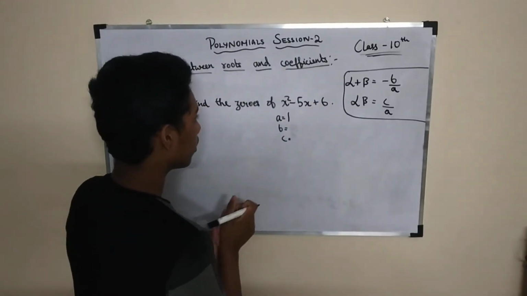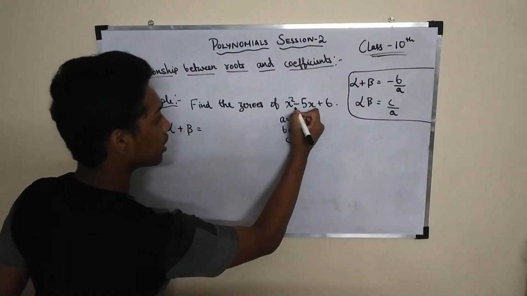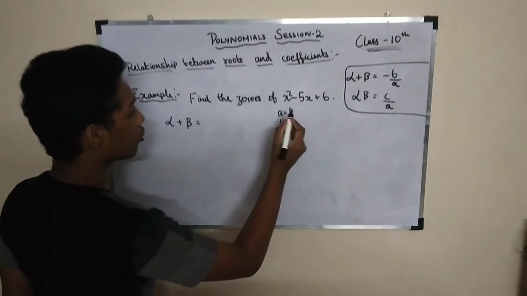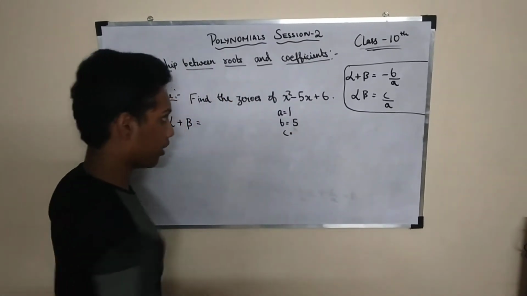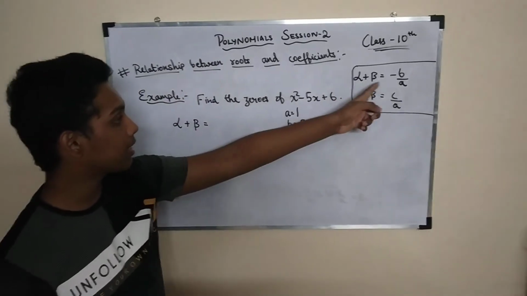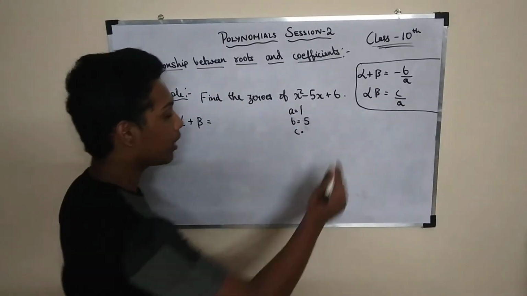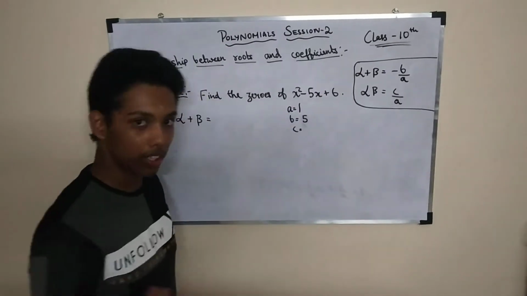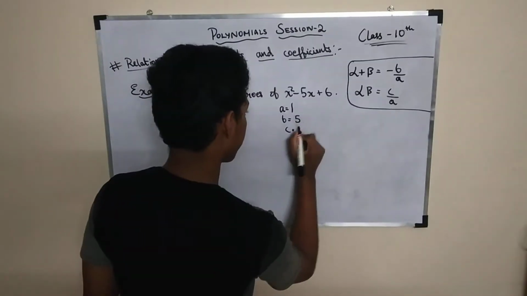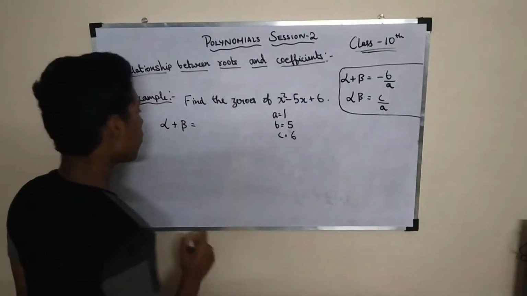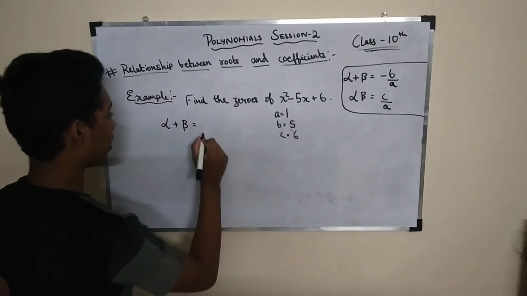Remember this, guys, you need not just see these things, the minus, you just need to see the coefficient. You should write b as 5 only, okay? Because last time, if you take b as minus, then there won't be any minus sign here. Then it will be plus b only. So just take b as 5 only. C as 6. Now alpha plus beta is minus b by a.